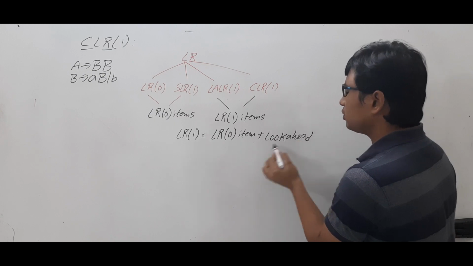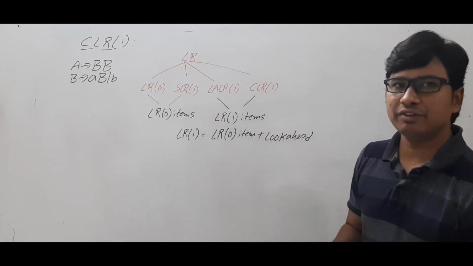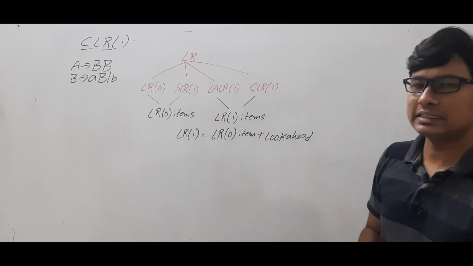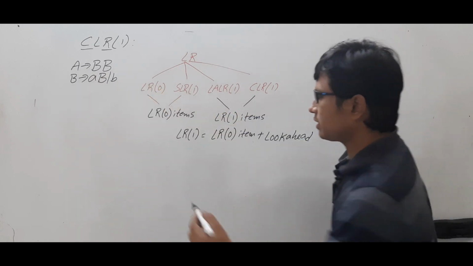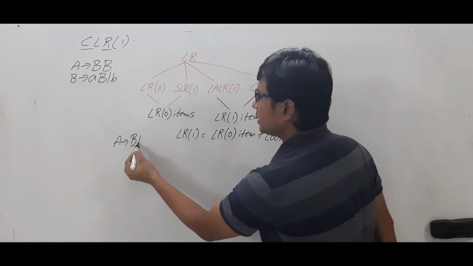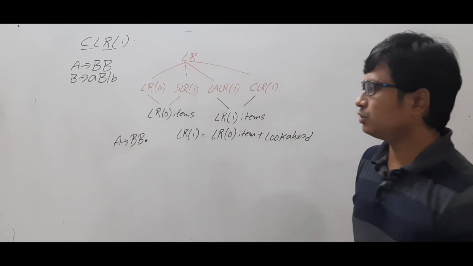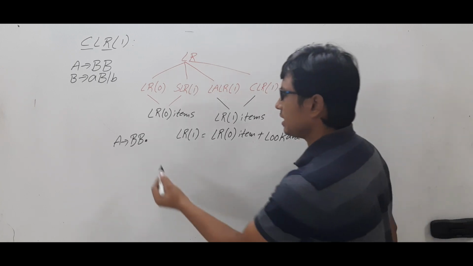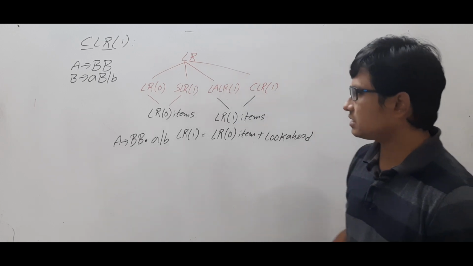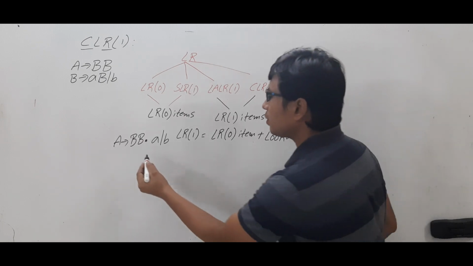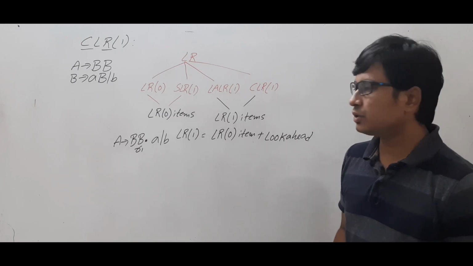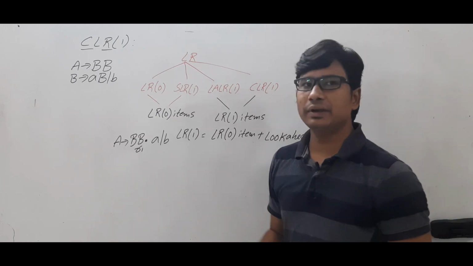Now the meaning of this lookahead is that it will define where you should write the reduced move. Let's take that there is this production. Let's take that in some item I got A determines BB dot. This is a reduced move. And I have the lookaheads a or b. Let's say I have 2 lookaheads. So the meaning is that this reduced move, which is R1, I will write in the action part under a and b. Are you able to understand? So at these terminals only we will write the reduced move.